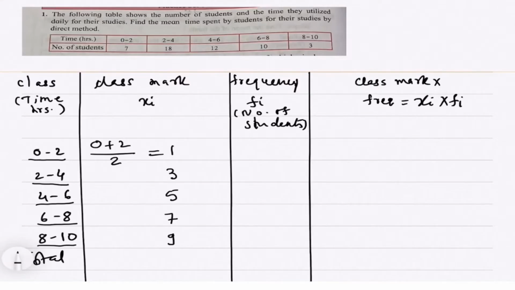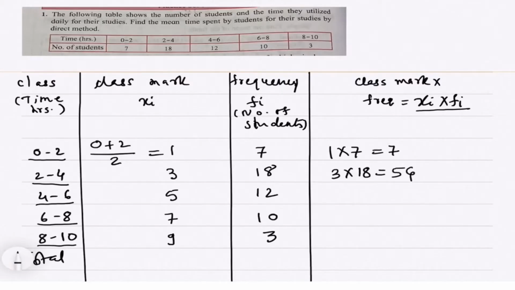Next column is frequency, which is given to us as the number of students. Let us write that: 7, 18, 12, 10 and 3. We are asked to solve the sum by direct method, which means the formula for mean is sum xi fi upon sum fi. So the last column will be for xi into fi. The first entry will be 1 into 7, which equals 7. Next, 3 into 18, which equals